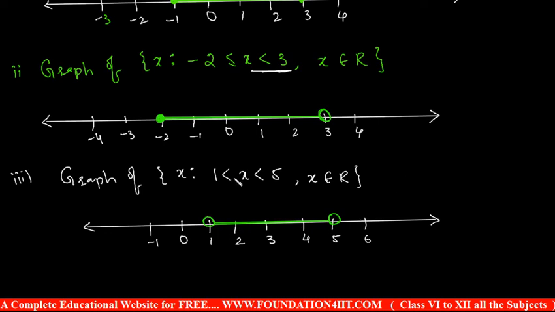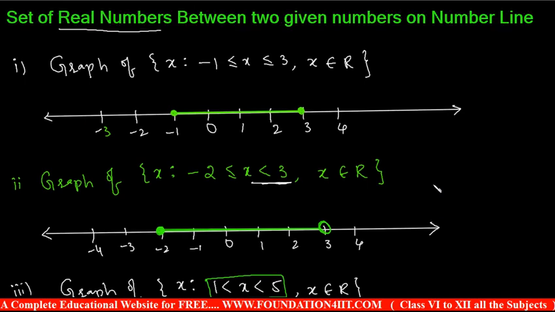If it is included, we should use the complete dot, the circle should be dark. If it is not included, use an open circle, same as before. In this example both are not included, so on both sides I used an open circle. This is the special thing here: 1 as well as 5 are not contained in the given set. 1 and 5 do not belong to the given set. The remaining points are included. In this way, with simple examples like this, you can do any type.